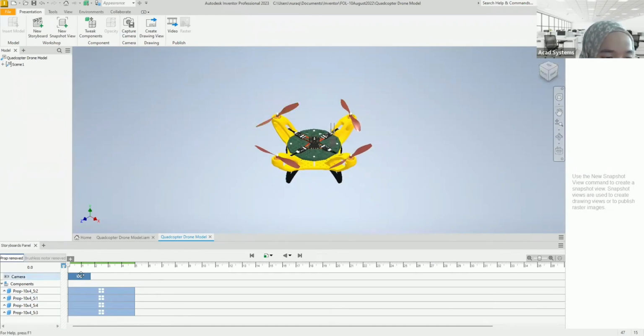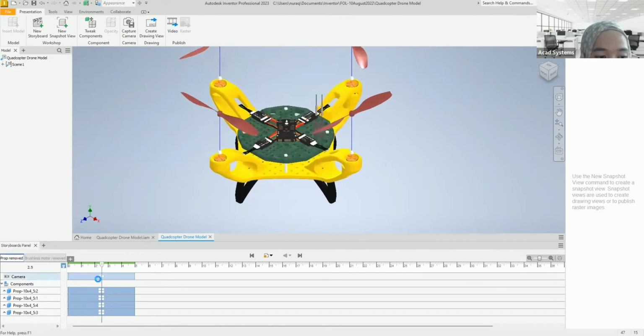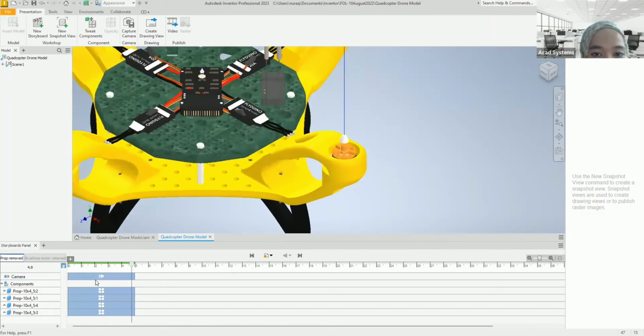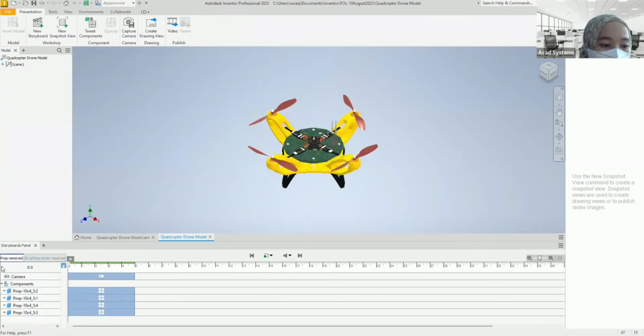For example, for the camera, also you can toggle this. You can drag this to the same, so that when I play, you can see the camera zoom in a bit longer. Right. Now the first camera on the first storyboard I have created, and then for the second, I want to view this